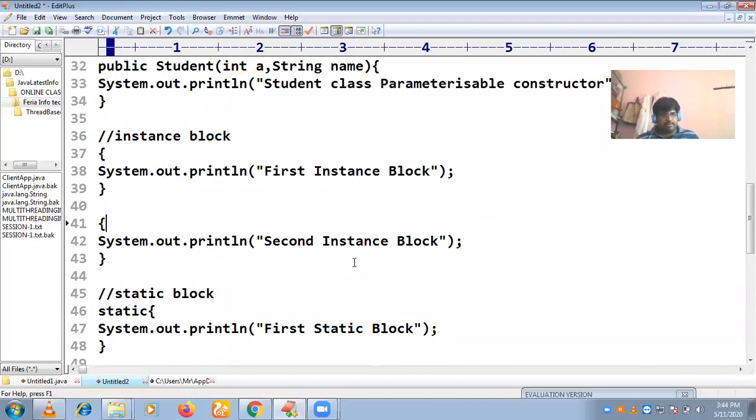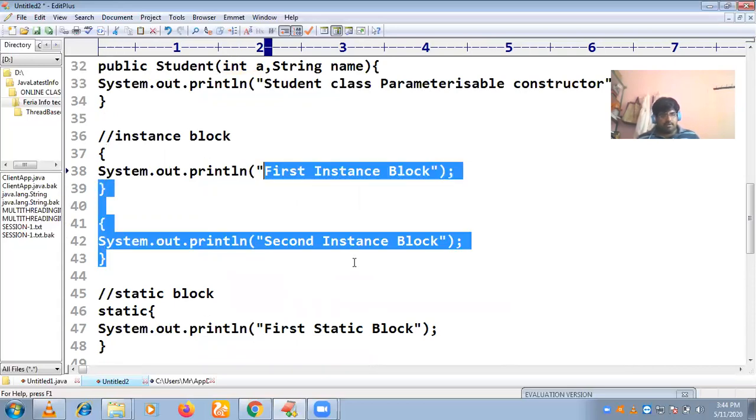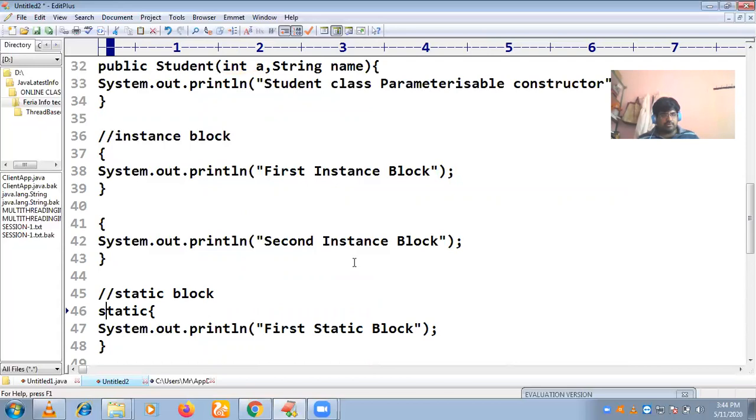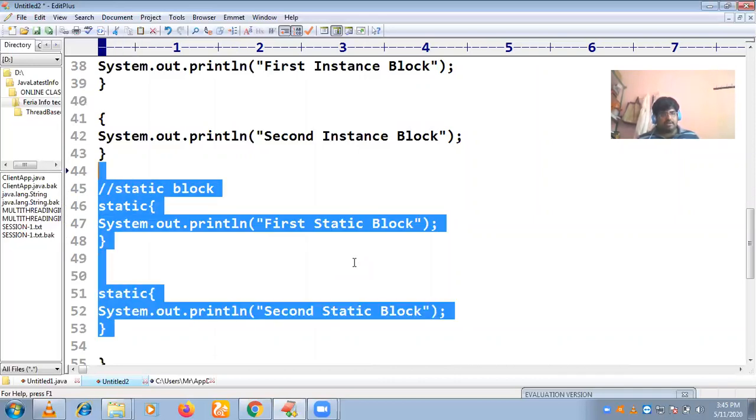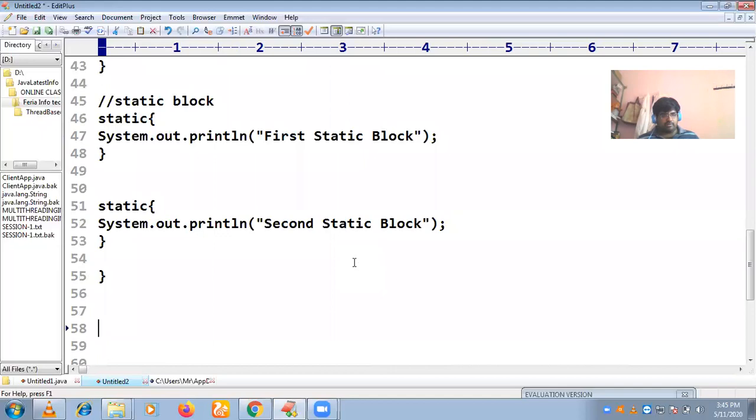Next, instance blocks do not contain any names. A class can allow n number of instance blocks, and similarly static blocks, represented by the static keyword. A class can contain n number of static blocks.